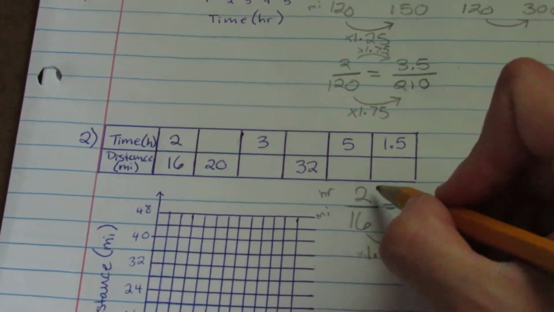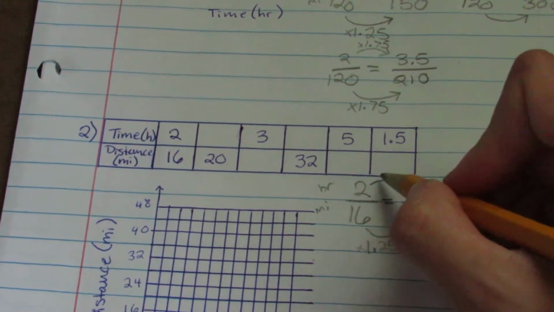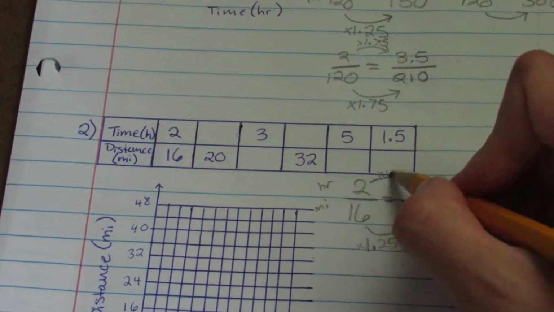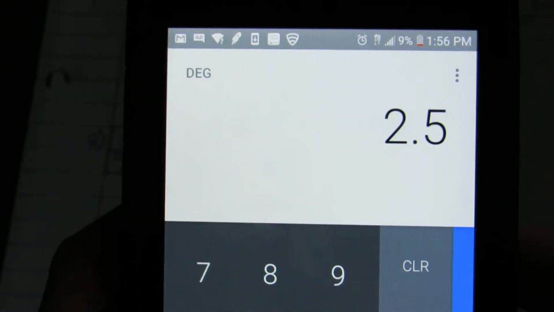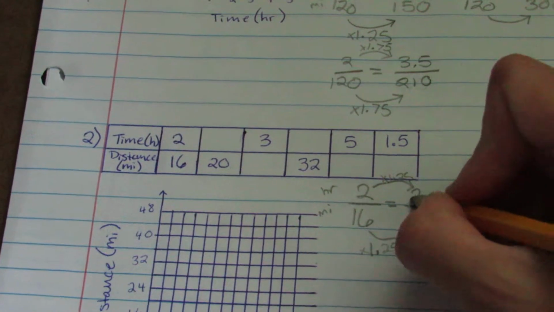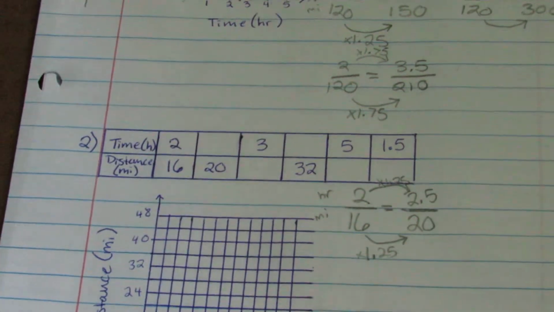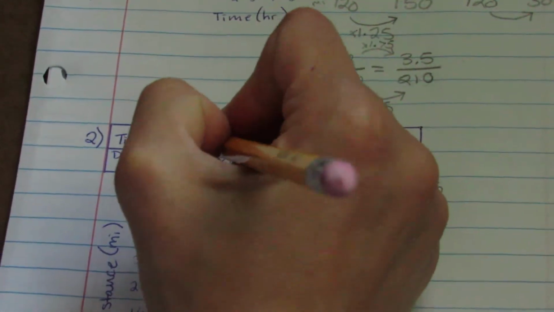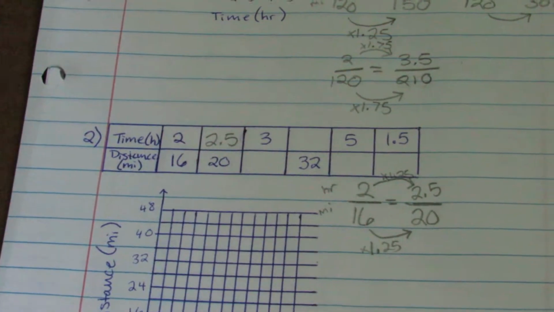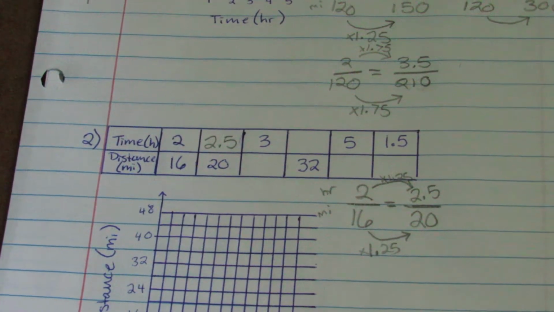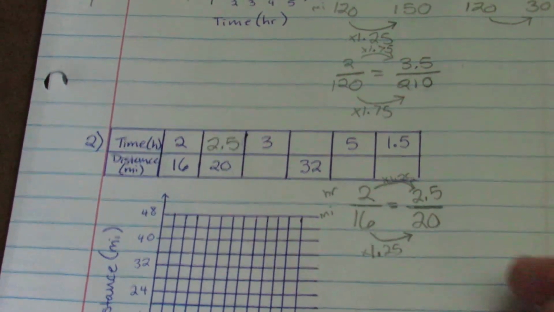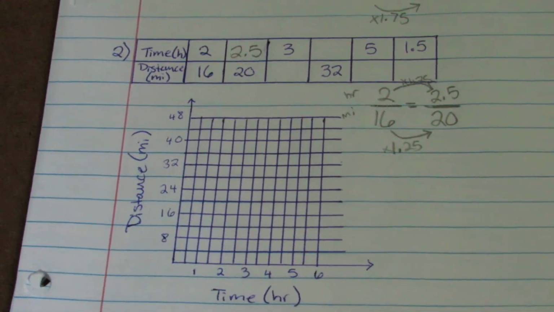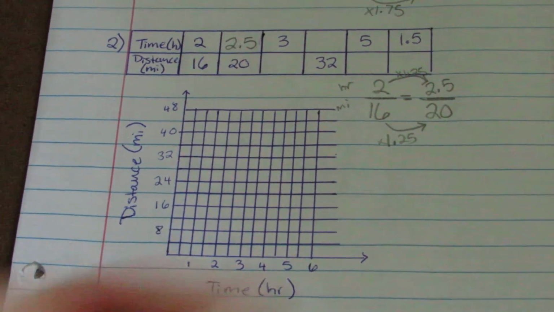So if I multiply 16 by 1.25, I should get 20. So whatever I do on the bottom, I'm going to do to the top. So 2 times 1.25 gives me, plug that into your calculator if you don't know how to do that in your head, 2.5, okay? So that becomes my numerator. So it takes her 2.5 hours to travel 20 miles on her bike, okay? Now let's go ahead and do the next one. 3 is my next one. So I'm gonna, again,